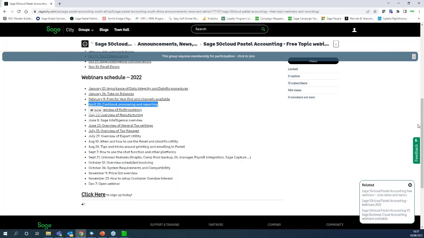system requirements and compatibility. So guys, I've added that in there because recently we've had a lot of people complaining about certain requirements and compatibilities and going, but it did work. And I really want to explain the nuance of system requirements and compatibility and how a tech company deals with that, just so you guys understand. Price list overview, how to set up company overdue interest, and then guys, on the 7th of December, it's